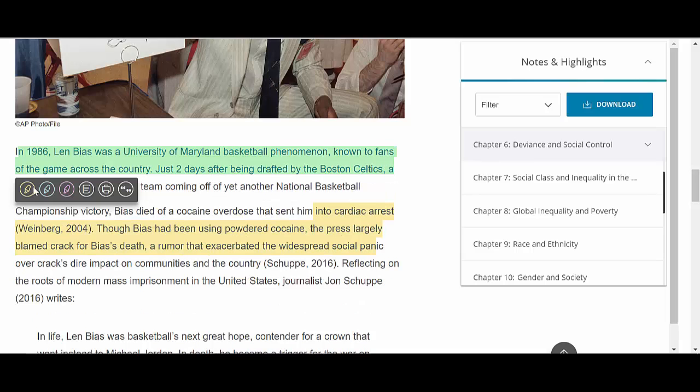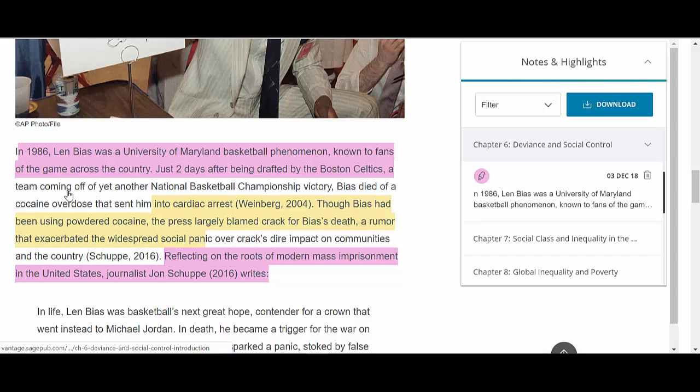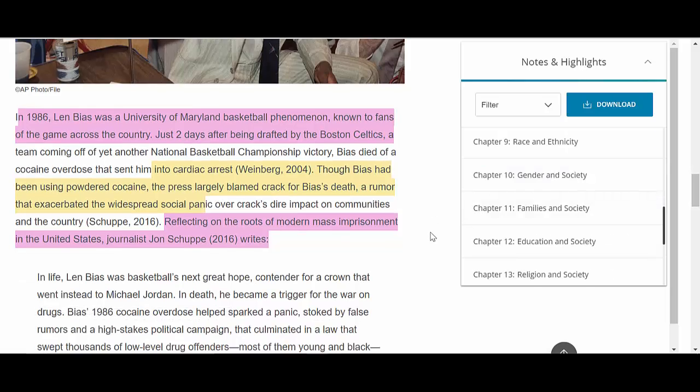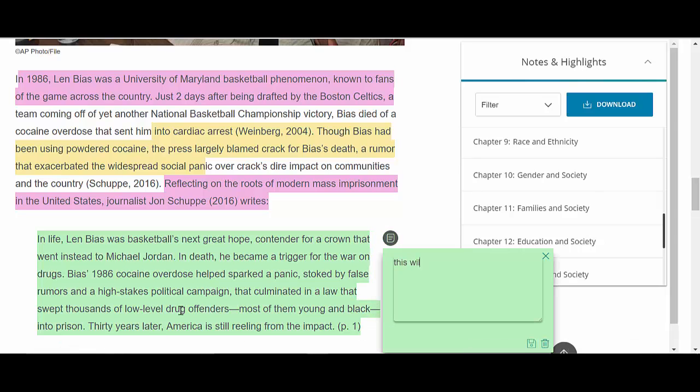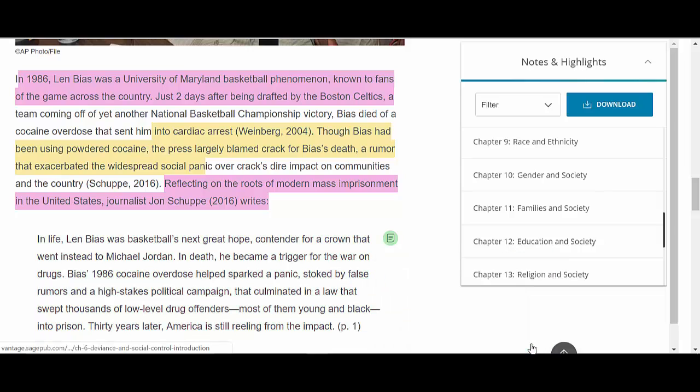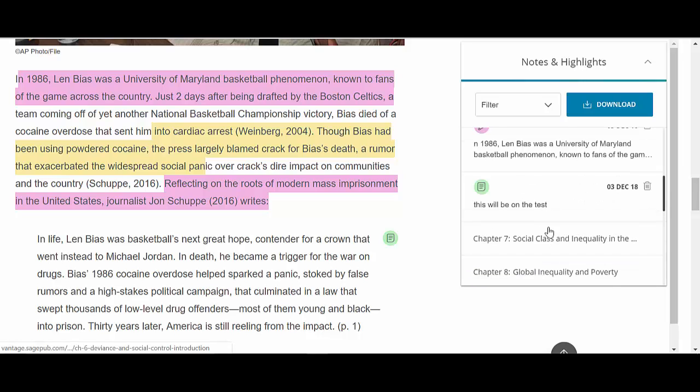Once I've scrolled over it, you'll see this icon up here. I'm going to highlight that portion, and then on the right-hand side you're going to see the highlight that I just did. You can also add note tabs, so if there's a specific portion that you know is going to be important to you, this will be on the test. Click on that Save button,